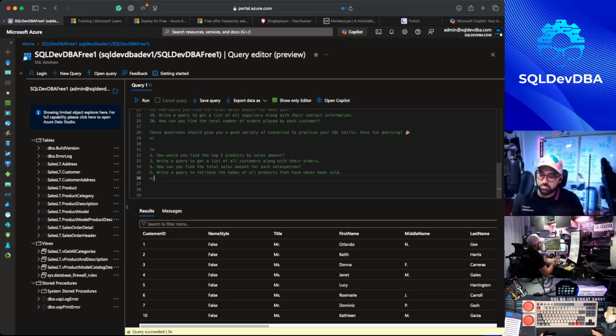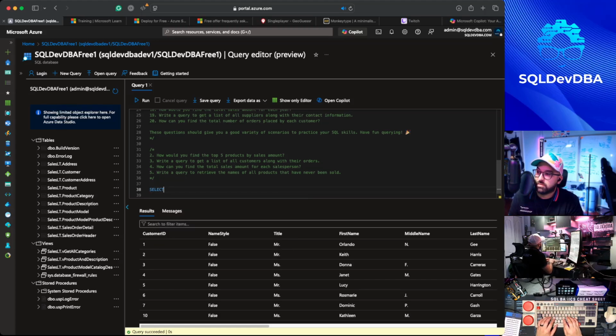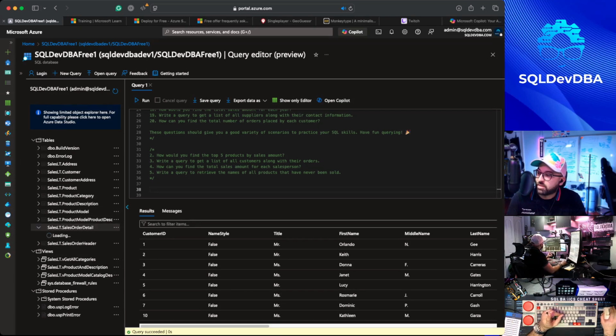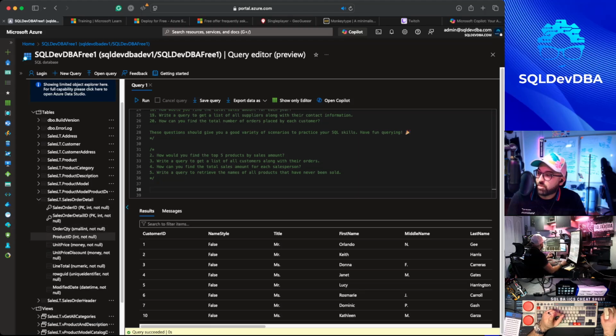Okay, so let's go. How would you find the top 5 products by sales amount? Of course, we're going to start with the product table. Are we? No, we're going to start with the sales table. Why? Because the sales tables are the ones that actually have the sales amount of those products, right? But you could start with the products table and go to all the sales. I think the product data is right here in the sales order detail. It should have a product ID,